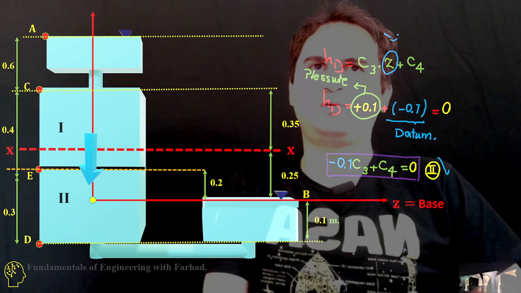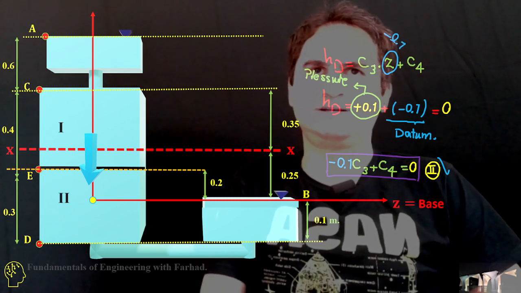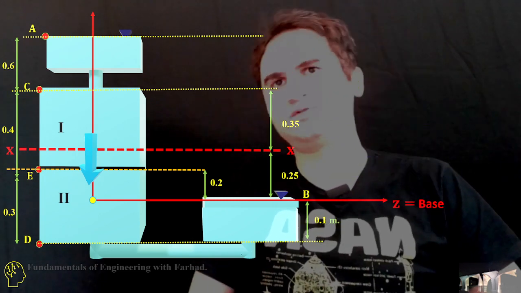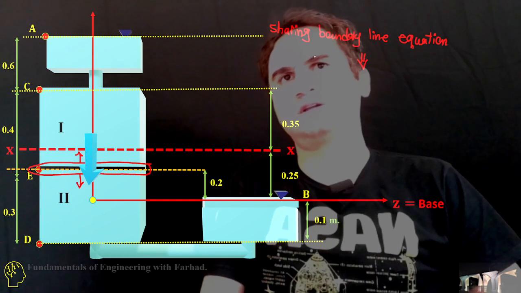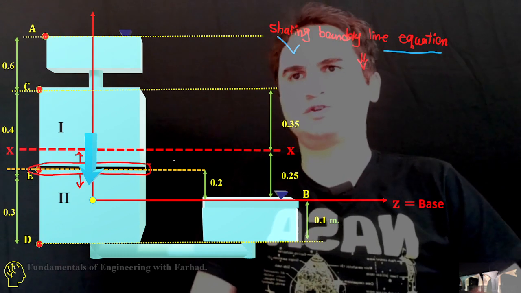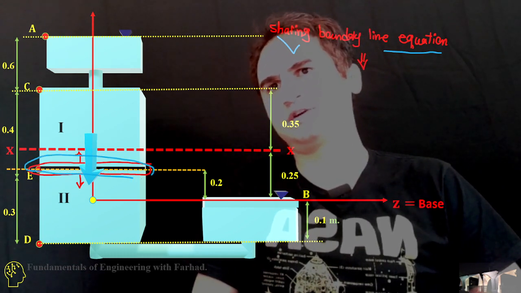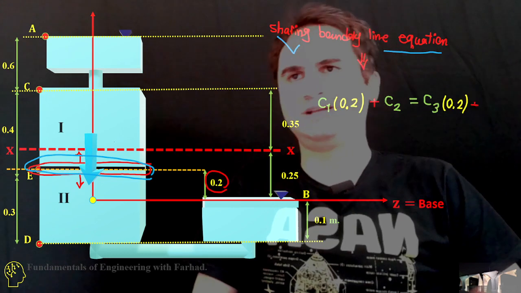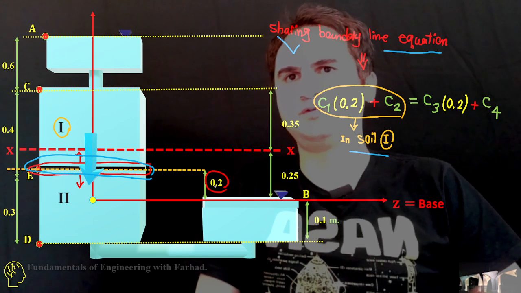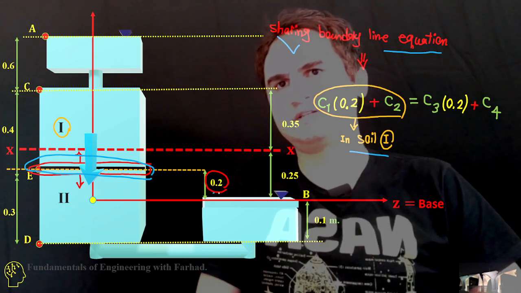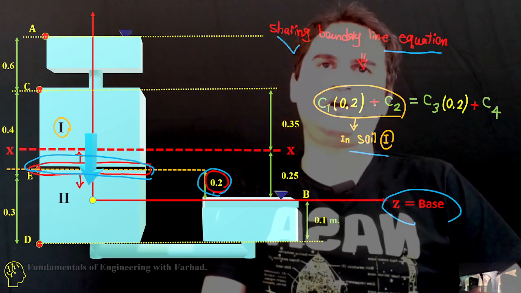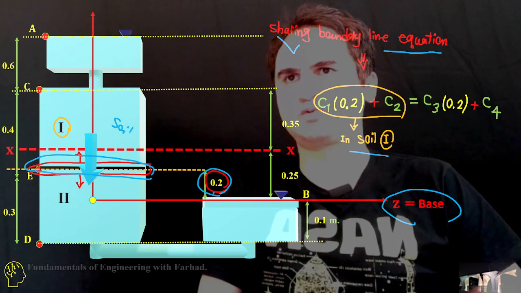Z, which is 8.1, C3 times Z plus C4 goes to 0. That's our second equation. And if we jot down the equation for the shared boundary line, or the interface of two soils over here, we can easily write the first part in soil 1, so that's C1 times 0.2, which is the height of the interface, 0.2 meters from the base, times C1 plus C2, because we are standing in soil 1,